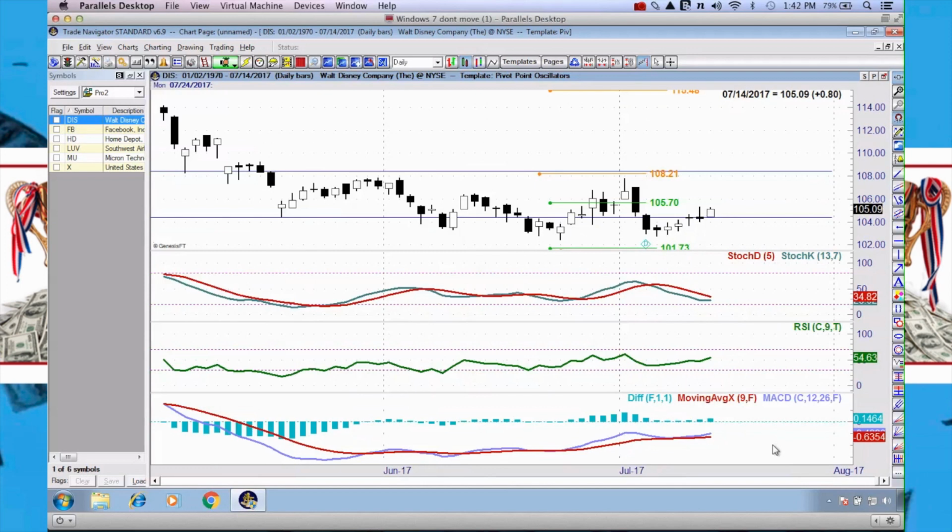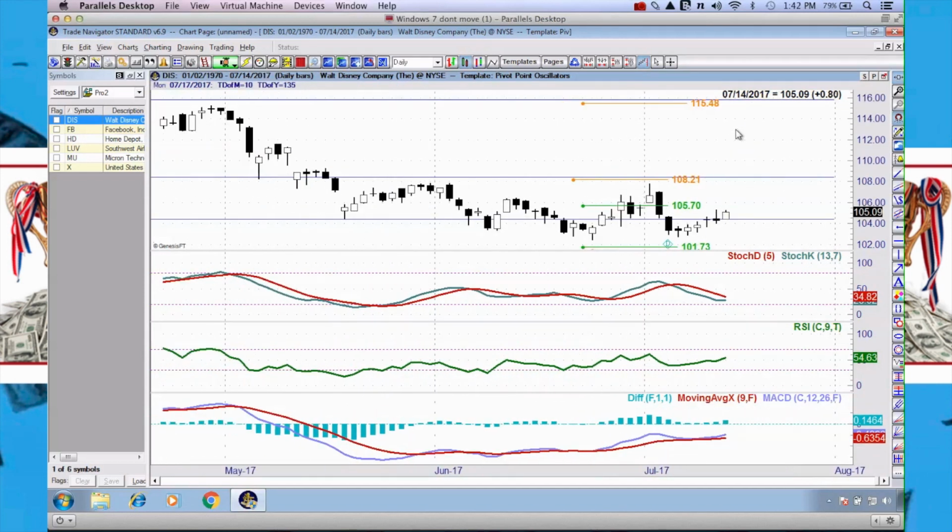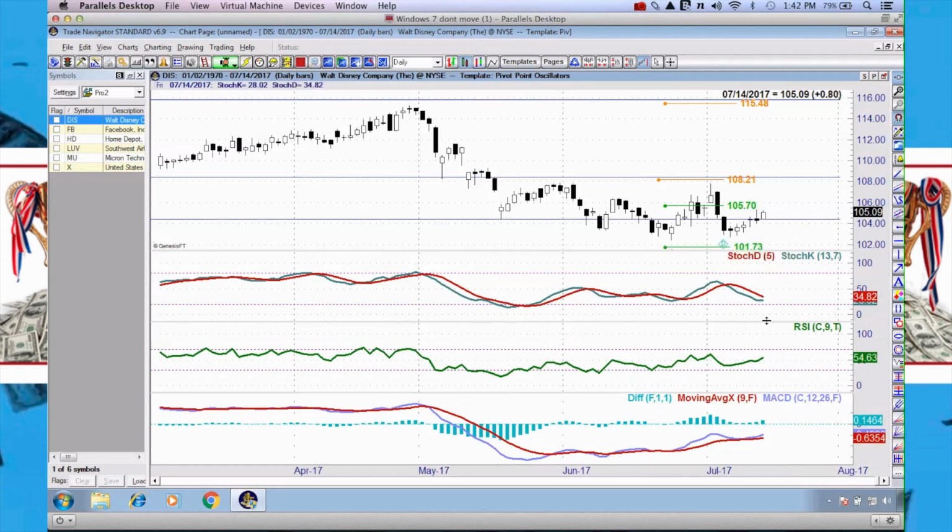In fact, if we zoom in on the detail right now, the histogram bars are starting to once again accelerate away from the neutral line. And again, this is shown by the fast line pulling away or separating from the slow line of the MACD calculation. So this is very favorable. It's very positive. The RSI is also adjusting back into positive territory, and the stochastics are relatively still oversold, but mixed with these consecutive lower lows, the divergence going on with the MACD, and the willingness of these oscillators to flip and move back towards an overbought setting, we would assume that Disney is ultimately going to